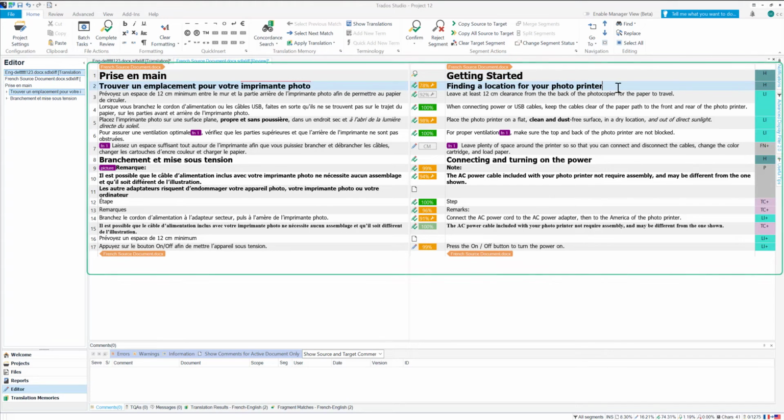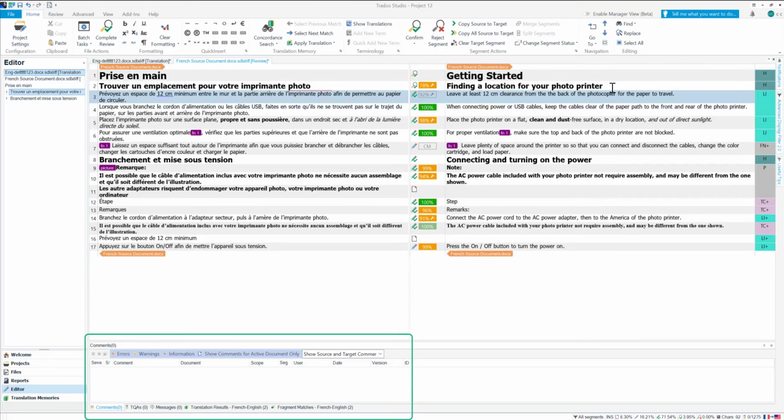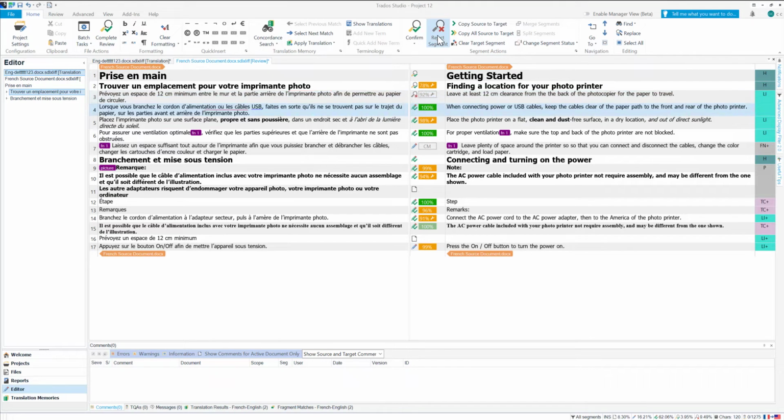First, the layout is changed to make the side-by-side editor more prominent, with comments displayed at the bottom. When I confirm the segments, they show approved status, instead of the translated status that you would see in translation mode. When I press Ctrl and Enter, I jump to the next non-approved segment, and I can also reject segments with this button. This allows me to move through the document smoothly, without having to remember whether I've reviewed particular segments,